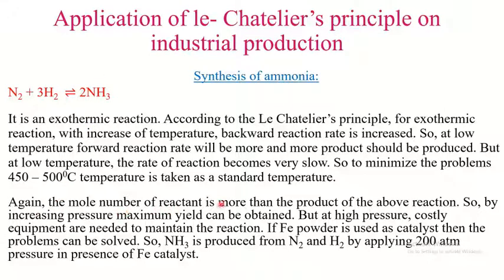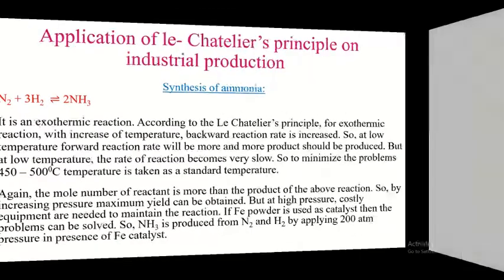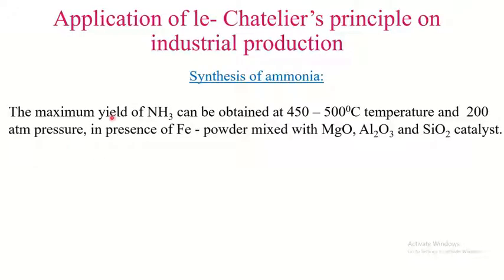Again, the mole number of reactant is more than the product in the above reaction. So by increasing pressure, maximum yield can be obtained. But at high pressure, costly equipment is needed to maintain the reaction. If iron powder is used as catalyst, then the problems can be solved. So ammonia is produced from nitrogen and hydrogen by applying 200 atmospheric pressure in the presence of iron catalyst. So the maximum yield of ammonia can be obtained at